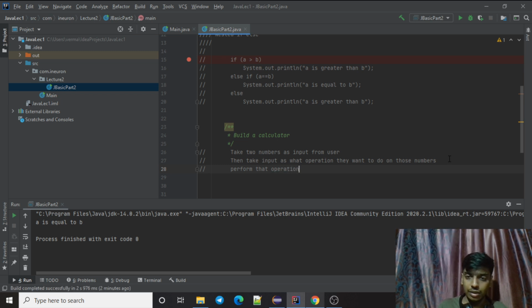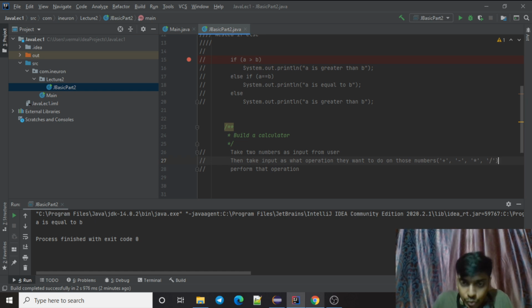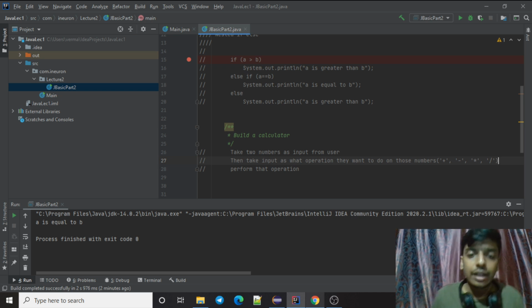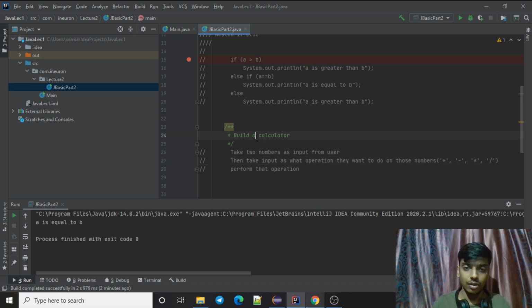And there are basically four types of operation that I want. I can either add those two numbers, or subtract those two numbers, or multiply those two numbers, or divide those two numbers. These are the four things I wanted to do in my simple calculator, or a basic calculator.